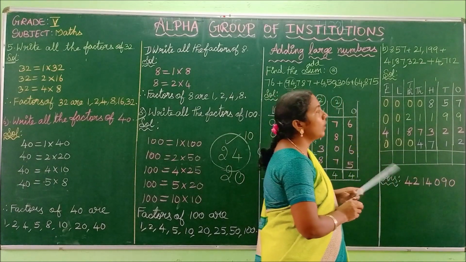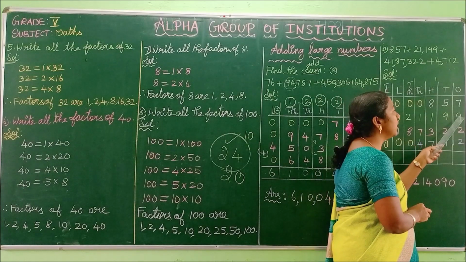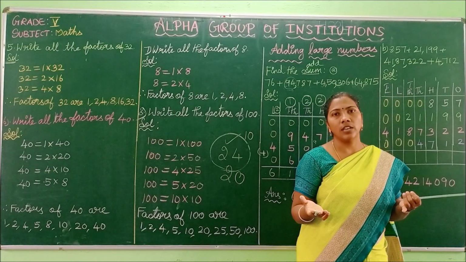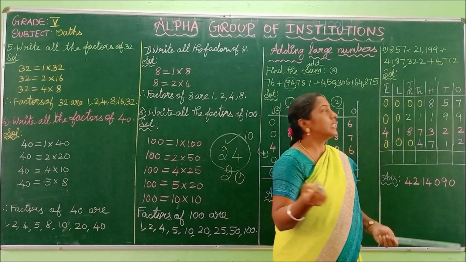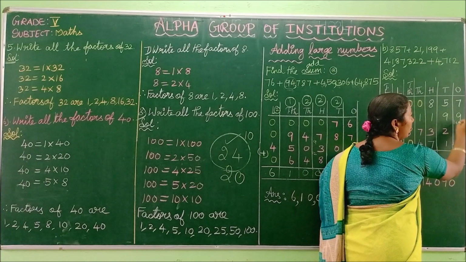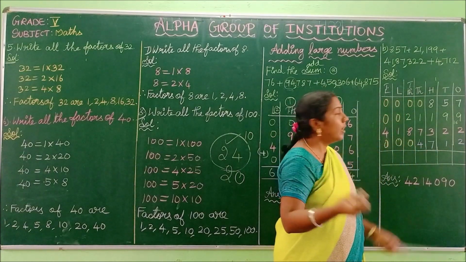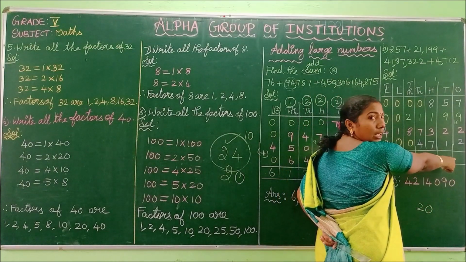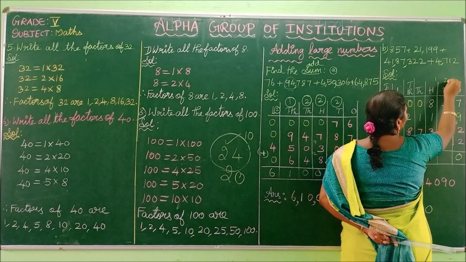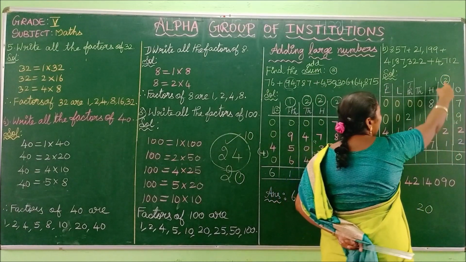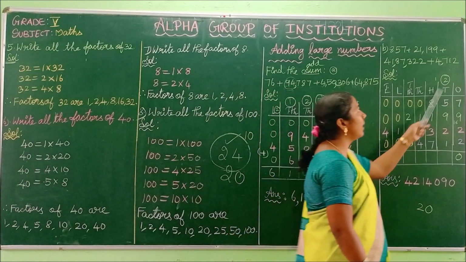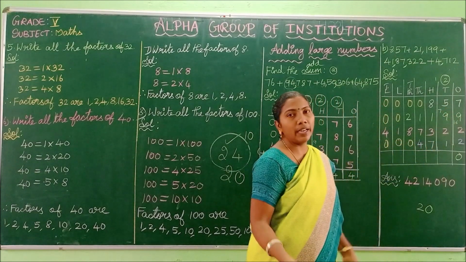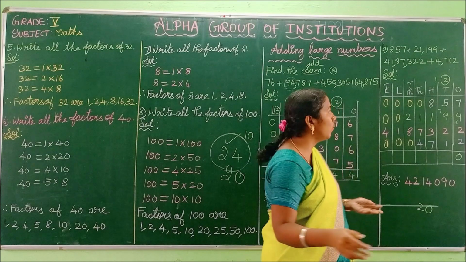Do you understand children? Now we are going to add this number. Okay, 7 plus 9. 7 in the mind, 9 on the finger. So after 7, 8, 9, 10, 11, 12, 13, 14, 15, 16. Thus we got 16. 16 plus 2, 17, 18. 18 plus 2, 20. So for 20, you have to write the 0 below. So I have to write 0 here and the 2 you have to write above the previous column. Now you have to add 2 with 5, 5 plus 2, 7 and 7 plus 9, 7 in the mind, 9 on the finger. So what is the answer? 16. I hope you understand.